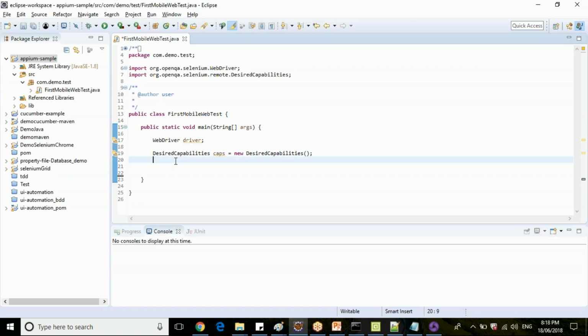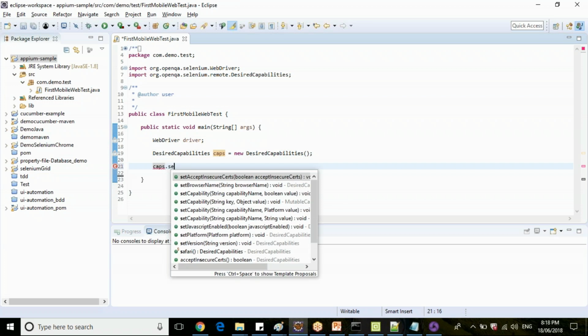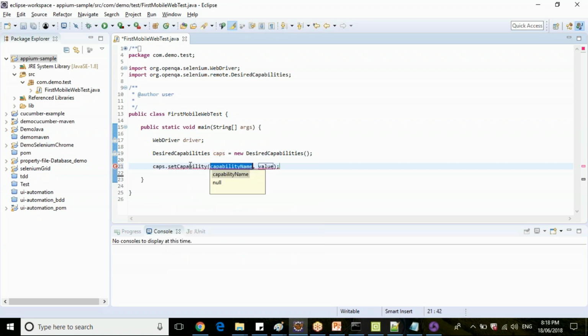So you can add like this. Use this instance caps dot setCapability, and key, it is a key value pair. Suppose we are setting up platform name, just type platformName and value is Android.